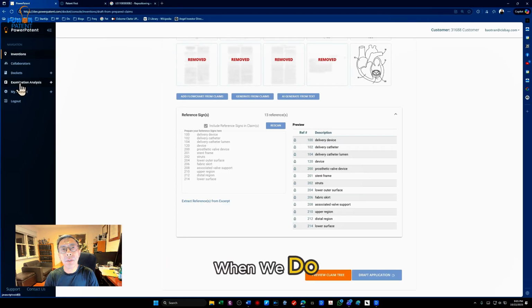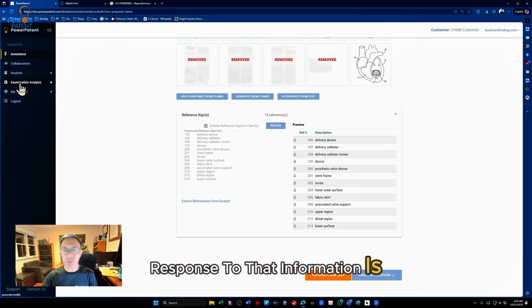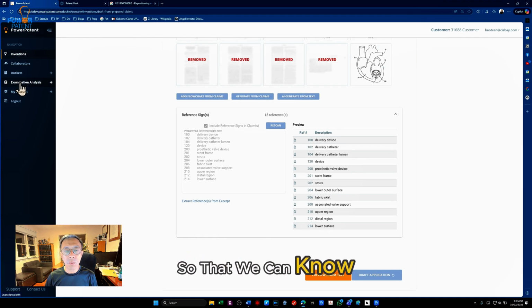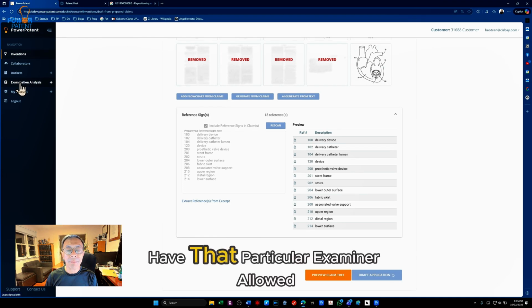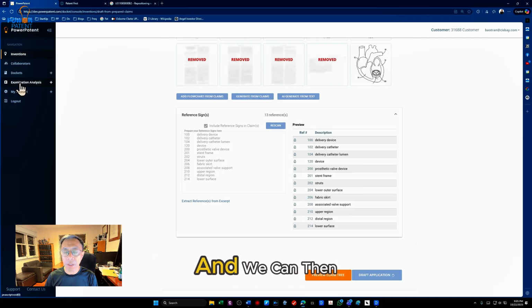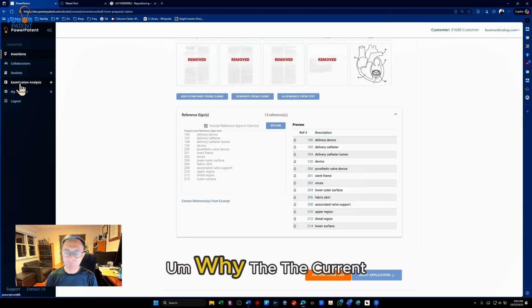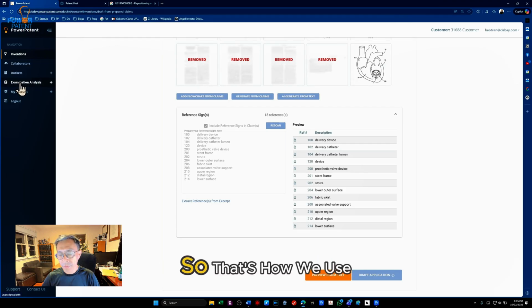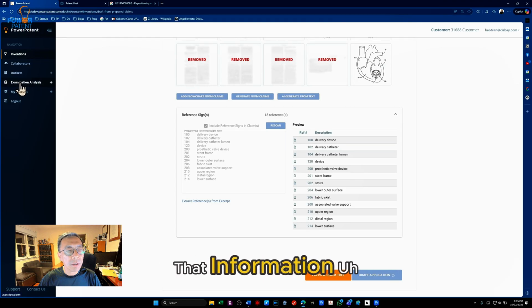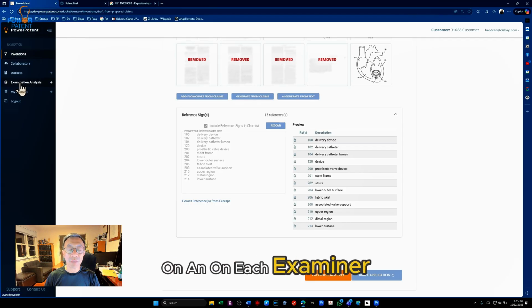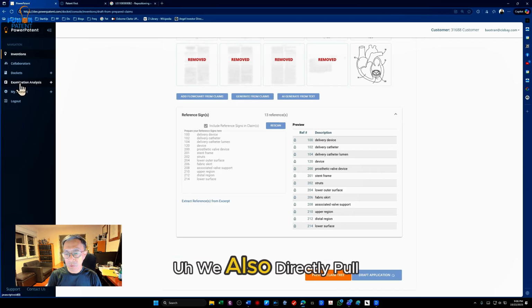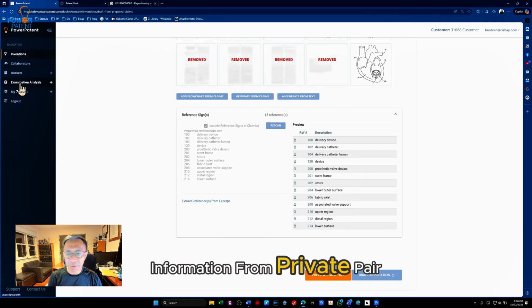When we do the office action response tool, that information is pulled so that we can know which cases that particular examiner allowed, and we can then extract information that's helpful in arguing why the current set of claims will be allowable. So that's how we use that information on each examiner profile. We also directly pull information from Private PAIR.